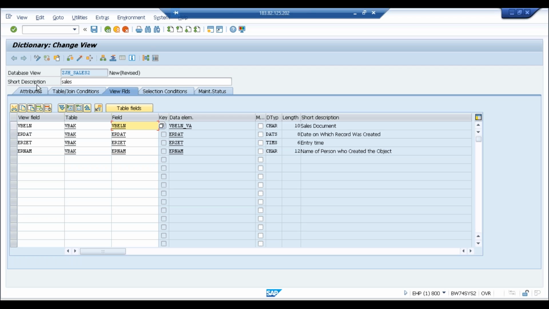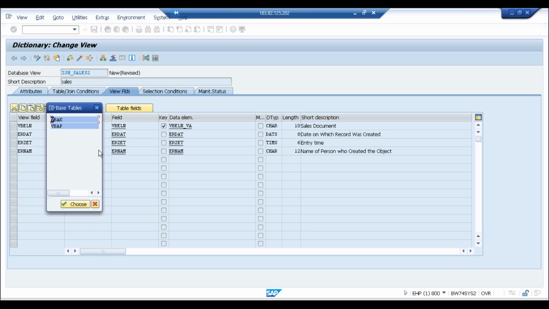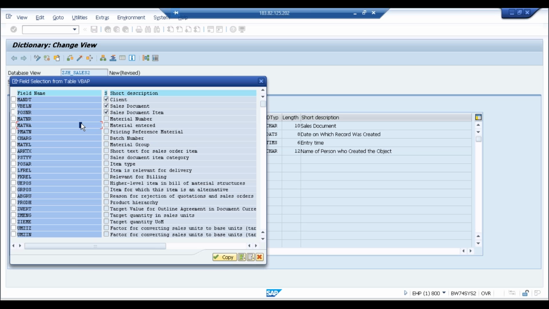Now we can go for the next table. We'll go for table fields again and select VBAP. In VBAP, we can select a couple of fields here, but we should not select VBELN because VBELN is the common field.